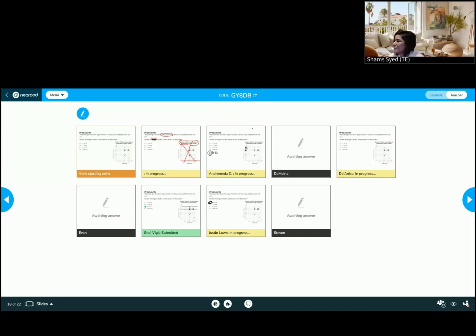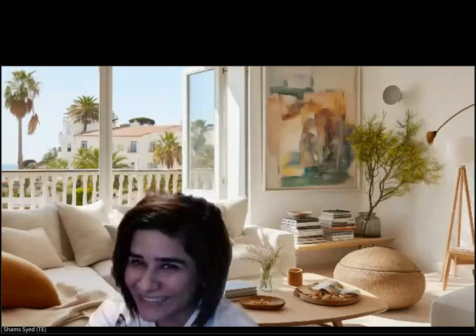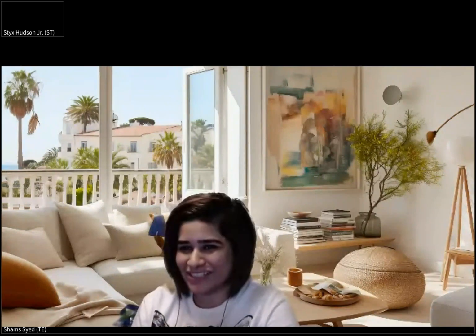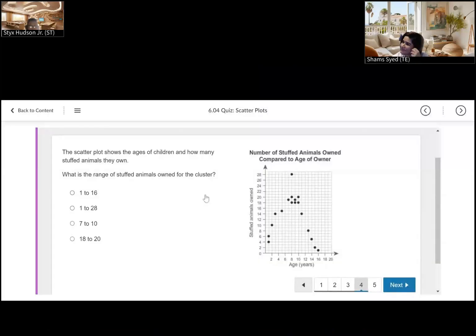Let's see. Evan, you're going to go ahead and share with me your screen. Hudson, go ahead. Let's see who's the first one to share this one that has to do with ages of children. Because my graph does not support it, it seems like this graph pertained to the one that Andromeda was sharing. The graph did not match the right one. And here is Hudson. It is talking about